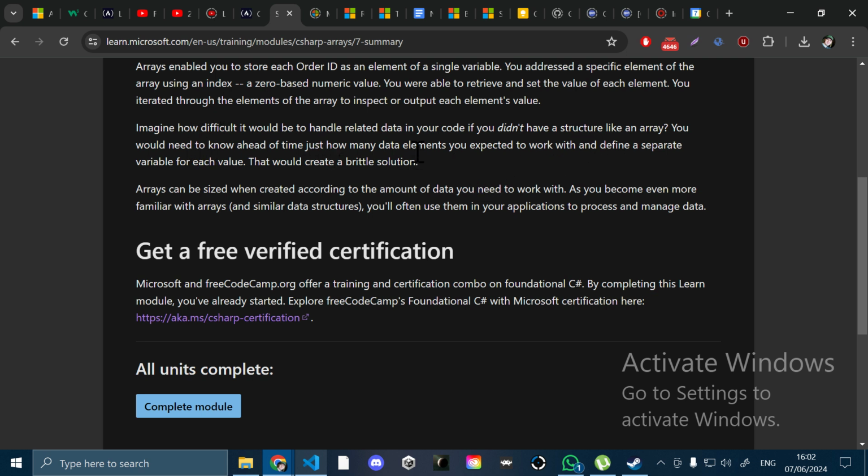Imagine how difficult it would be to handle related data in your code if you didn't have a structure like an array. You would need to know ahead of time just how many data elements you expect to work with and define a separate variable for each value. That would create a brittle solution. Yeah, well, if you didn't have an array,